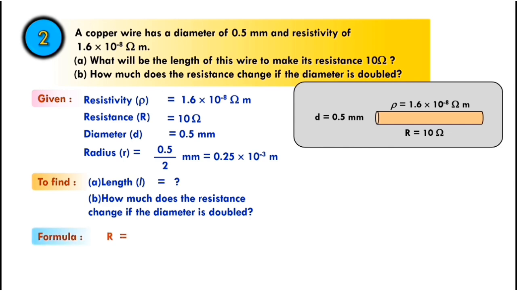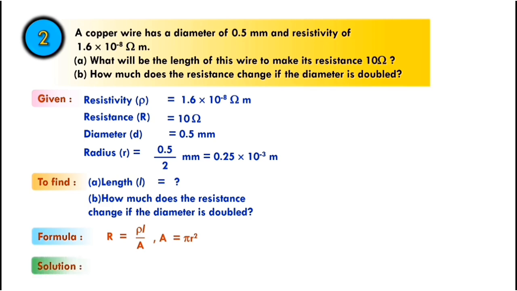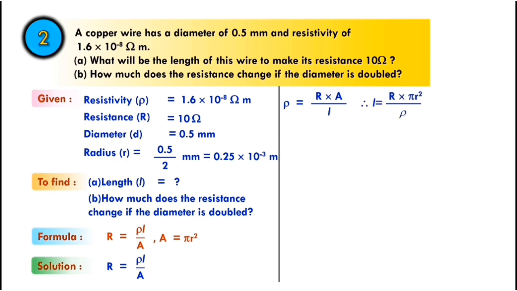Now see here, we will use the formula R equal to rho into L by A. We know that area equal to pi r square, right? Okay guys, now see the solution here. So we can write the formula as resistivity rho equal to R into A by L. Now by putting the value of